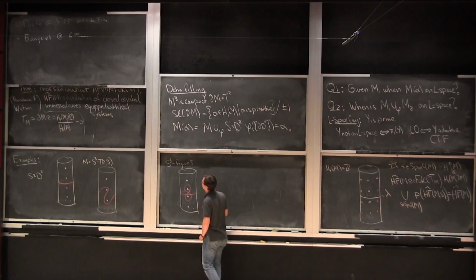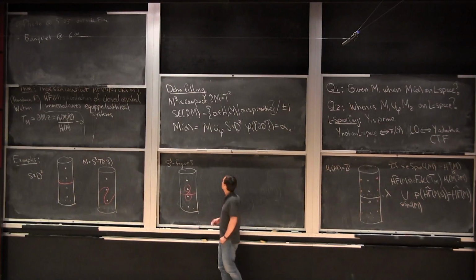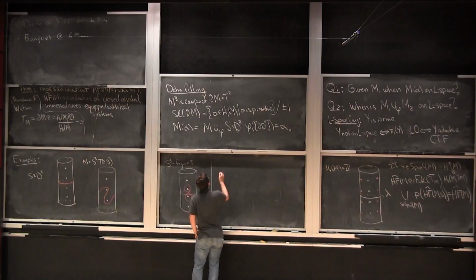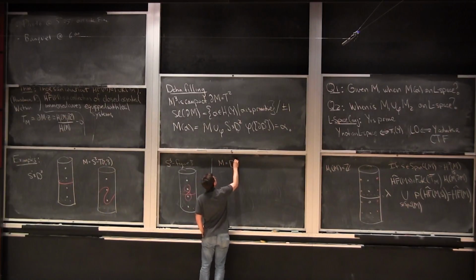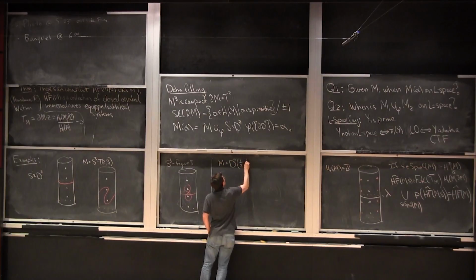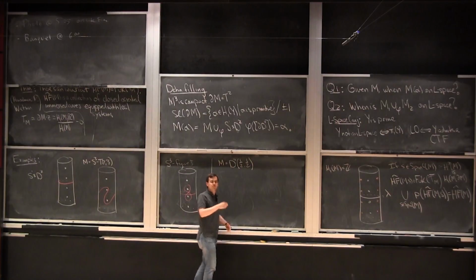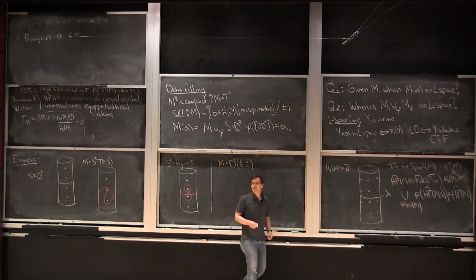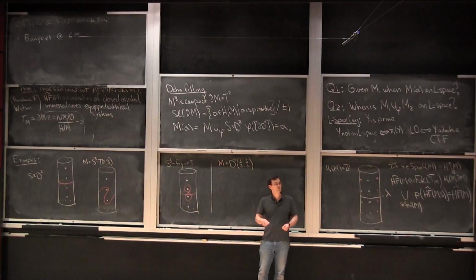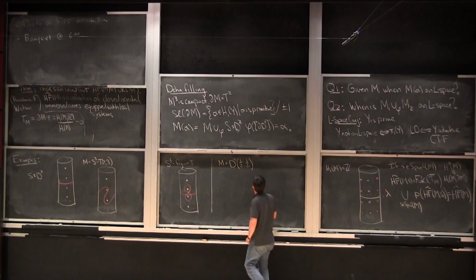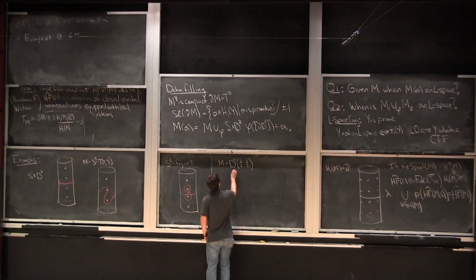Okay, so let me give one example that's not a homology S1 times D2. So if I have M, let me write it this way. So this is D2 (1/2, 1/2). So this is a Seifert fibered space over the disk. It has two exceptional fibers, each of weight 1/2. So then there are two spin C structures,